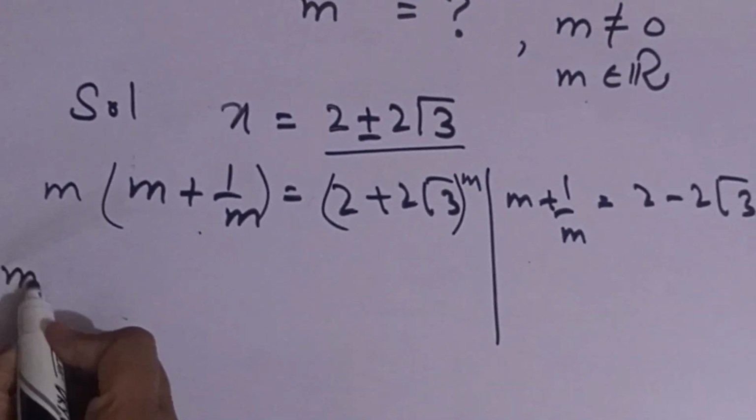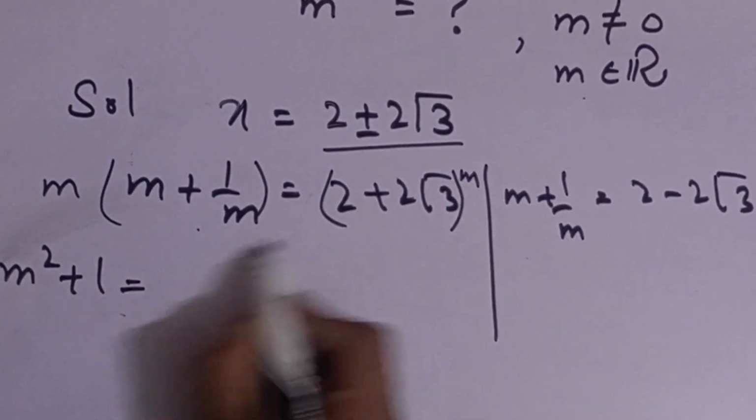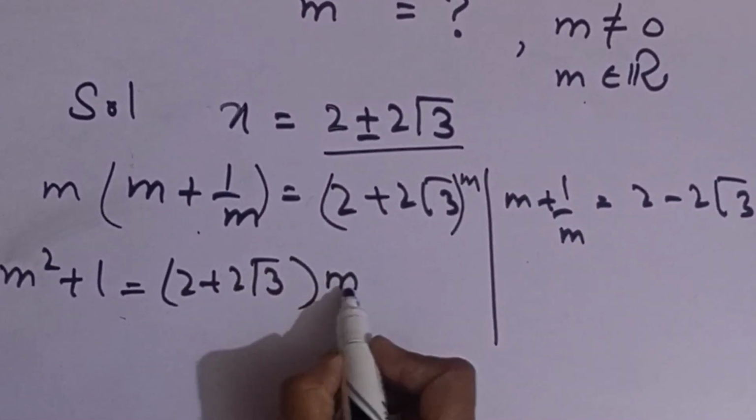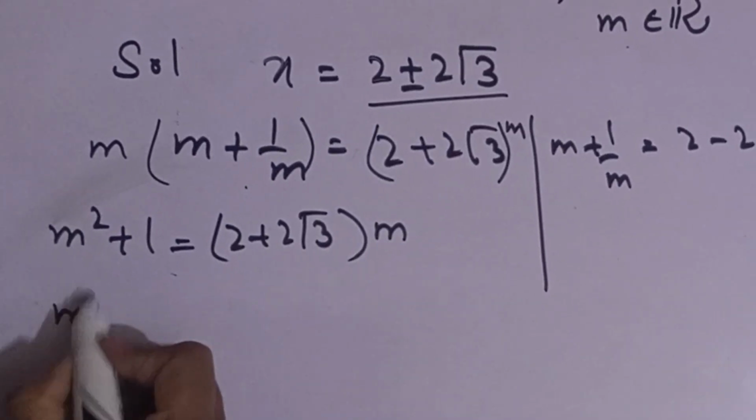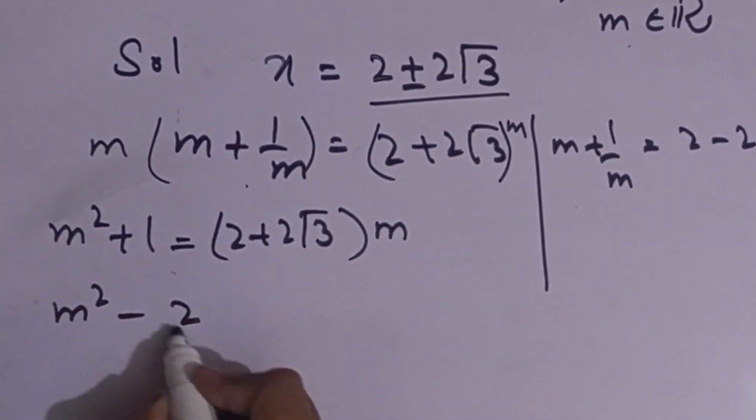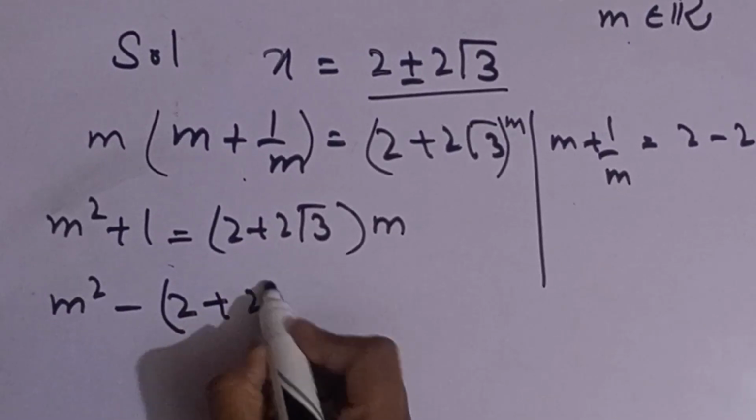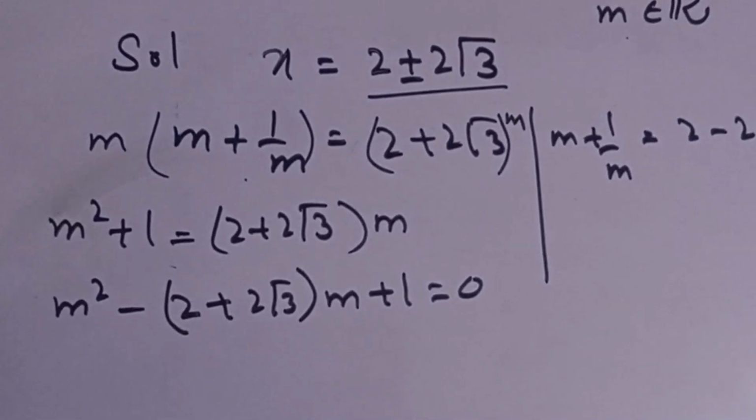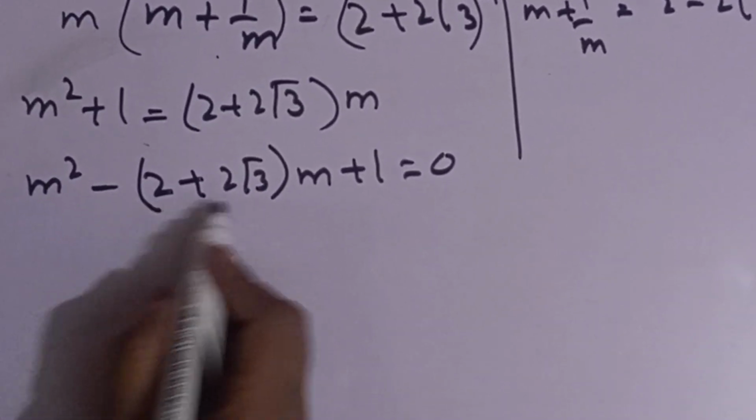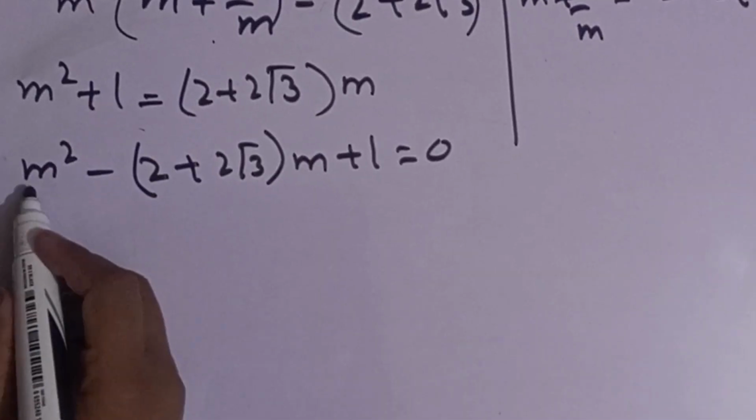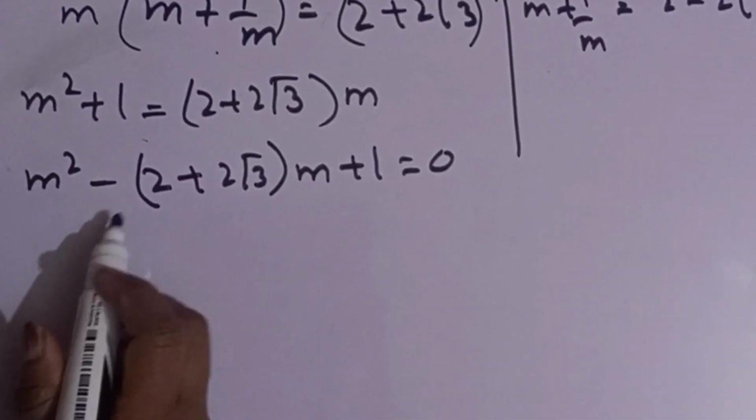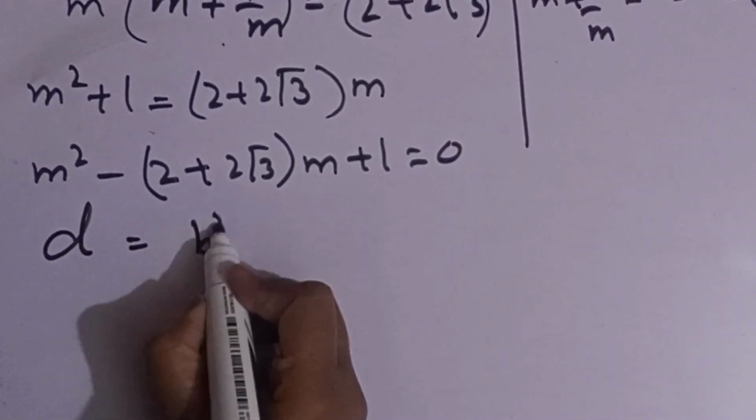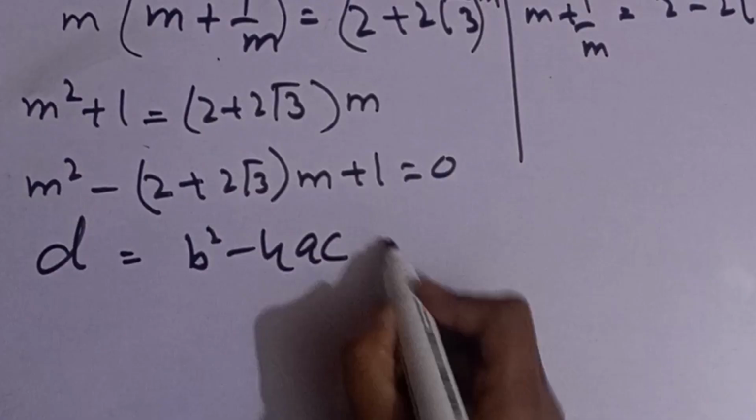So we get here m square plus 1 equal to 2 plus 2 times square root 3 multiplied by m. So we write this as m square minus 2 plus 2 times square root 3 multiply m plus 1 equal to 0, and this is a quadratic equation. So we use a quadratic formula. First of all, we find the value of m, and in our question it's given that m is a real number. So we find the discriminant of this, which is b square minus 4ac,